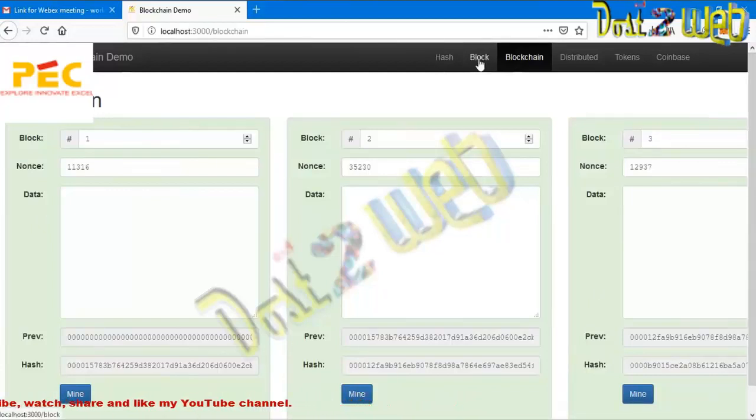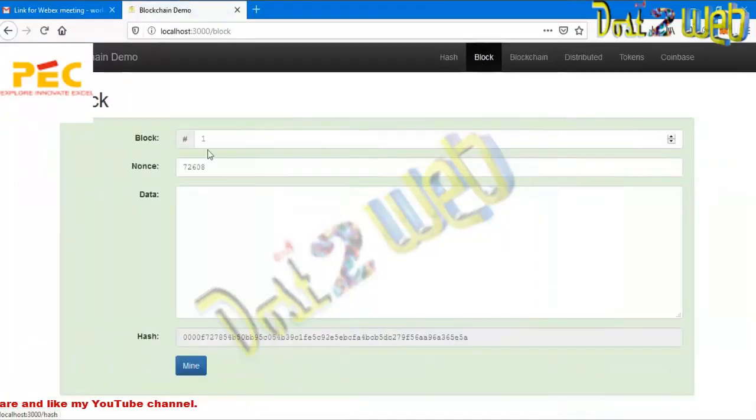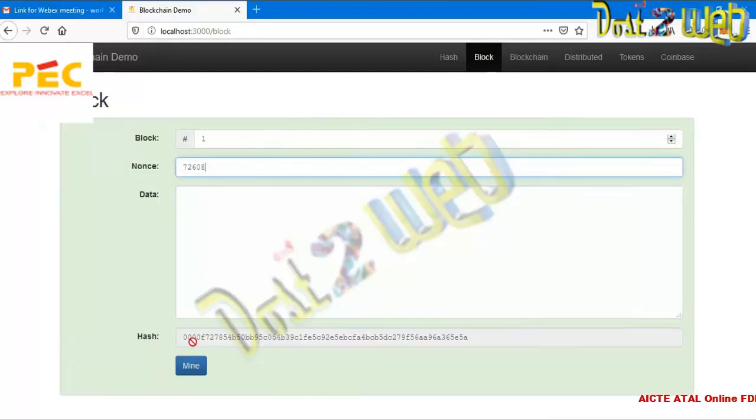There might be many confusions that we used to face when we were starting with blockchain. I'd like to clear those doubts, as they were being asked in the chats also. What is the nonce? Nonce is just a random number which is being created. Difficulty level is the number of zeros that we are starting with. See, the hash is starting with 4 zeros.